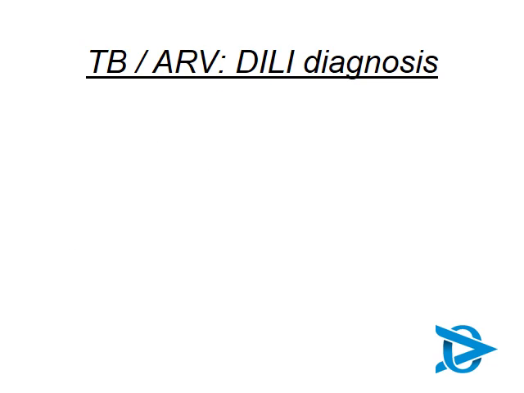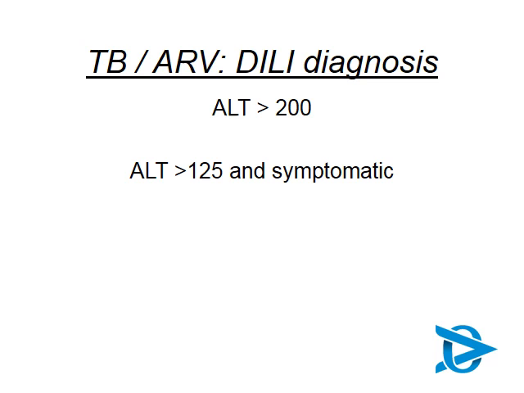So if we want to make a diagnosis of whether this is a DILI or we need to manage it as a DILI, we're going to use the exact same guidelines that we're using for the adults at the moment. Unfortunately, we don't have anything specific yet on children. The HIV Clinicians Society has brought out an excellent guideline that was published in the South African Journal of HIV Medicine. And they recommend any ALT that's gone over 200, any ALT that's over 125 and symptomatic,